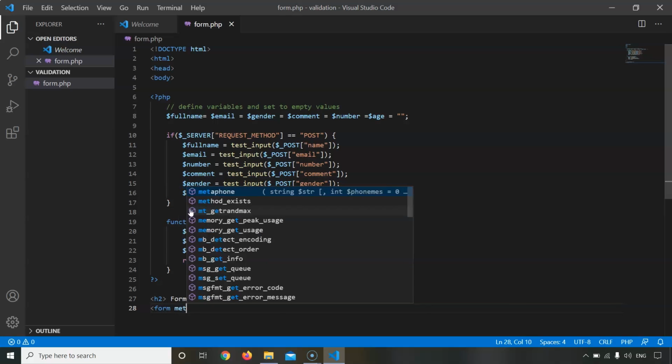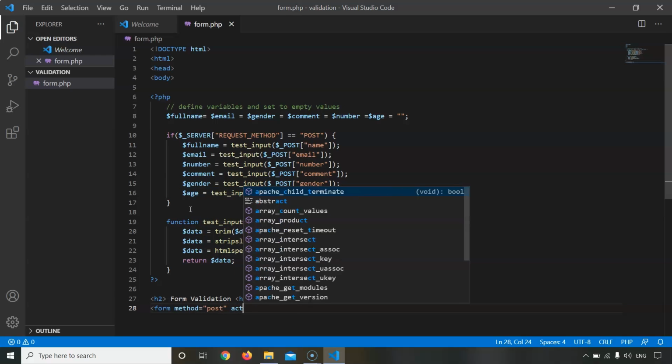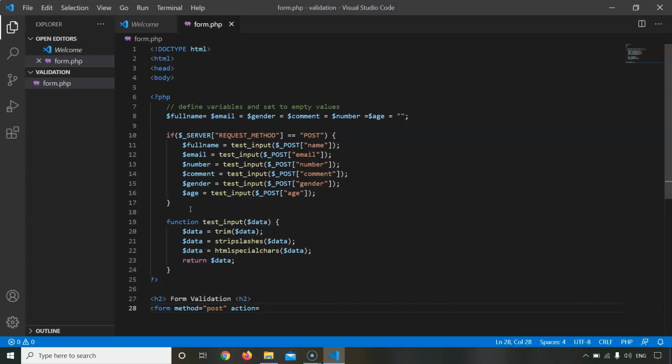Let's start creating the form and add the method to post. Action would be